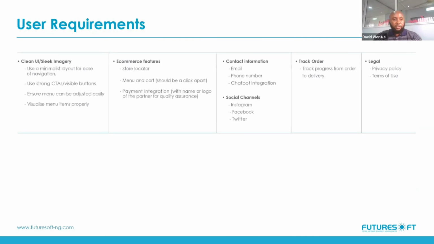Then after that, you state your user requirements. Here you're looking at specifics, so clean UI, sleek UI, imagery. You're drawing information from your journey map. You're drawing information from the initial conversations with the clients, their expectations, the actions they want the client to take. You're drawing information from your competitive analysis, and then you're looking at your list of urgency and importance